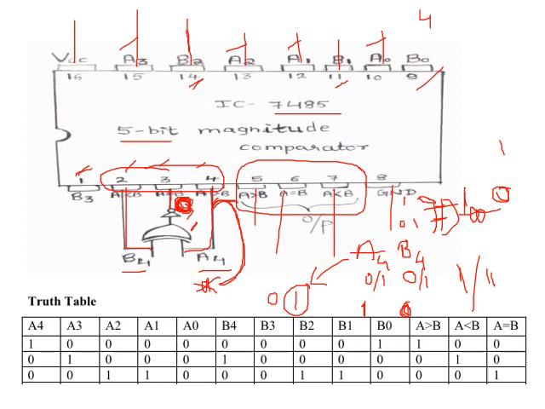So let me quickly summarize what we are doing. We are applying the 4 inputs as it is, which are LSBs, right? Because this is a 4-bit magnitude comparator. But the 5th bit, we cannot apply directly here, right? So in order to avoid usage of one more 7485 IC, what we do is we just take an XOR gate and we just take a NOT gate.